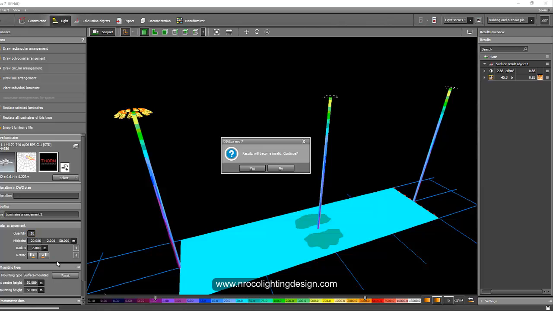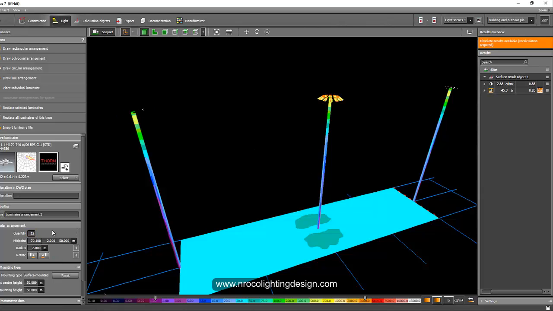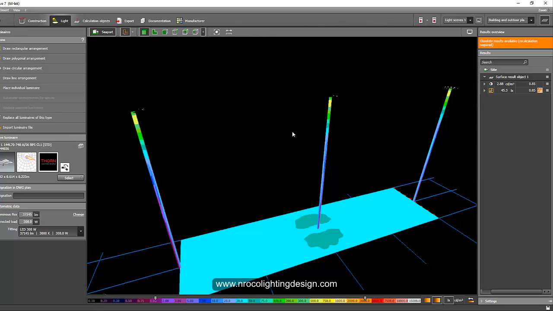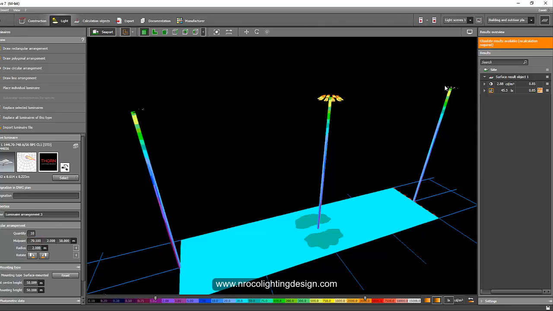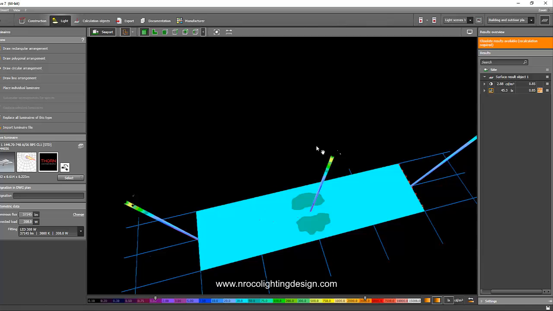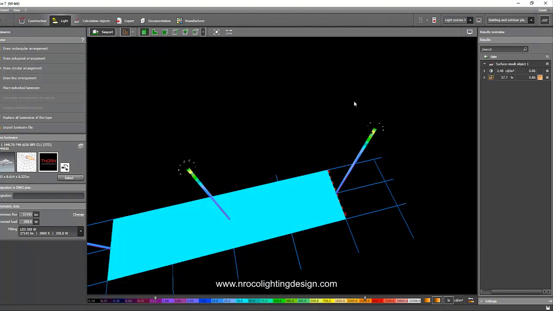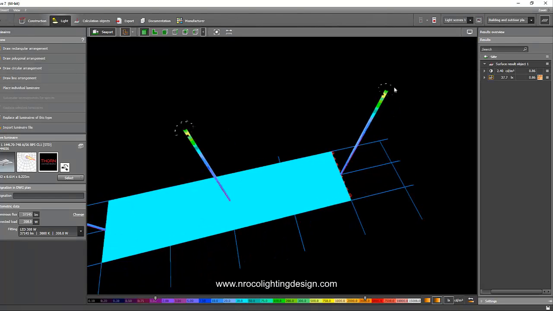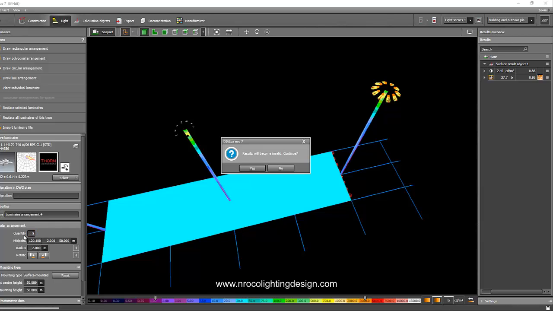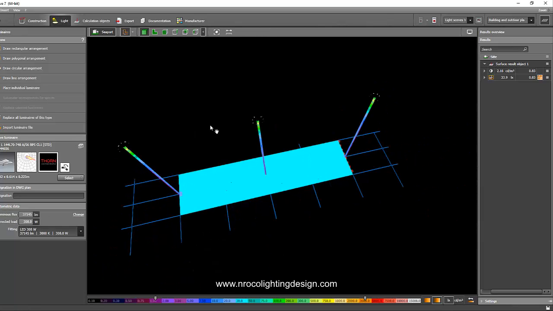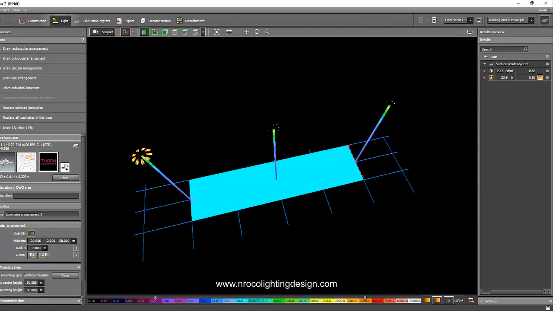So let's make it 10 floodlights in one mast only, and then another 10 here. And if you have 400 watts, then maybe you can have only 8 pieces of floodlights in one mast. So let's go and run it. And now it's 37 lux. So what if we make it only 9? Oh, it's 33. Okay, that's looking good. What if we make it 8 per mast, and let's see how the result will come out.